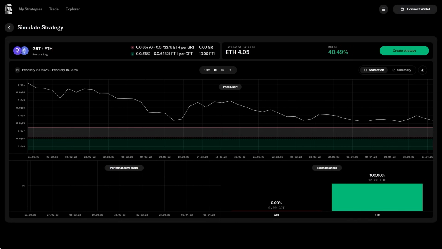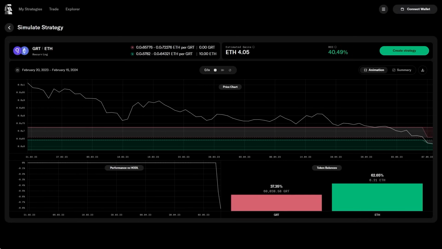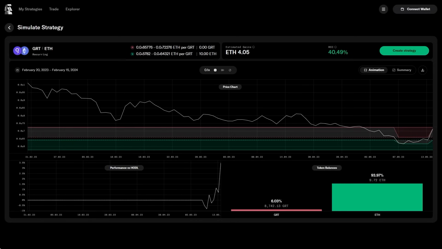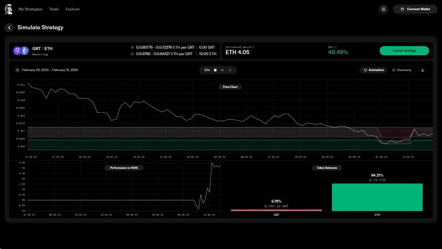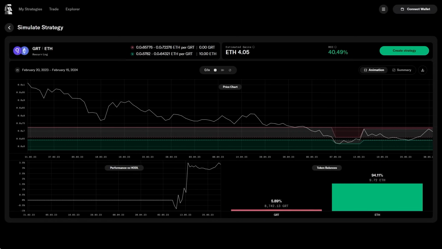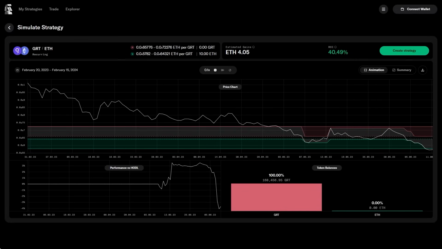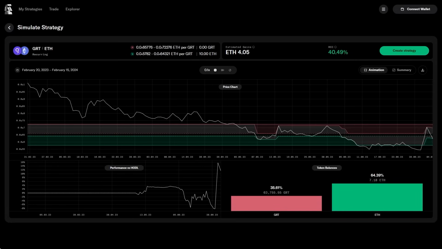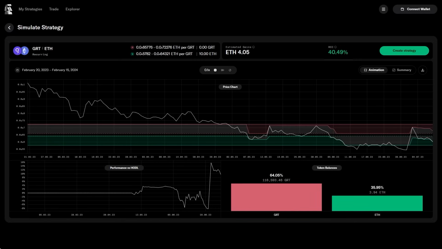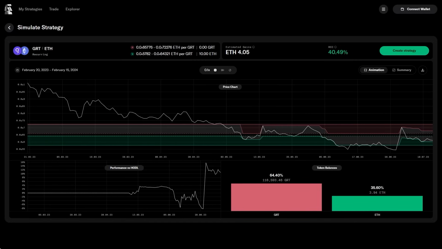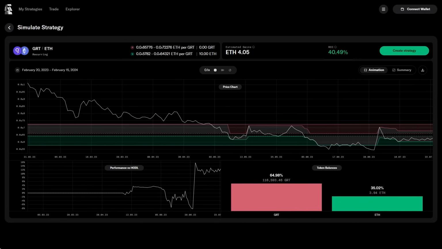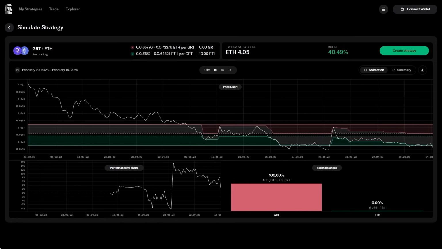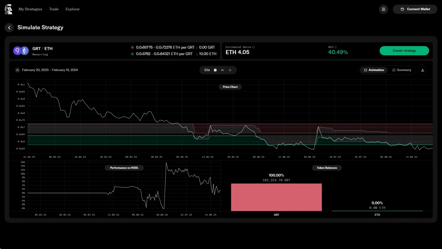The price dips slightly into range, and some ETH is used to buy GRT. The price then pumps almost all the way through the sell range, and we sell almost all of the GRT. The price dips all the way through the buy range, and all of the ETH is spent to buy GRT. The price goes slightly into the sell range, and some more of the GRT is converted into the ETH. Back down into the buy range to acquire more GRT, then again higher into the sell range to sell GRT, then back all the way down through the buy range, and then it stays low for a little while, well